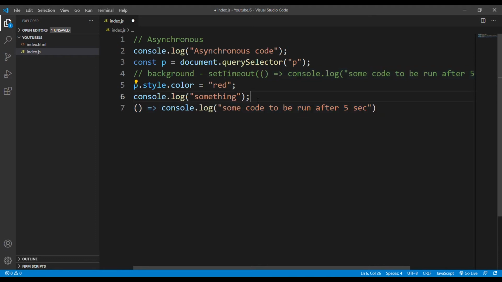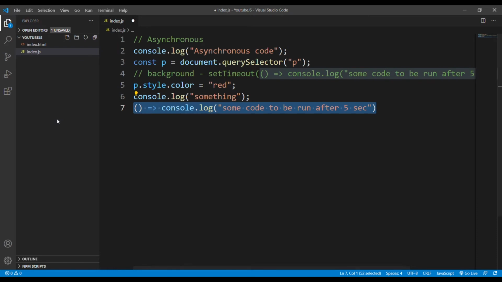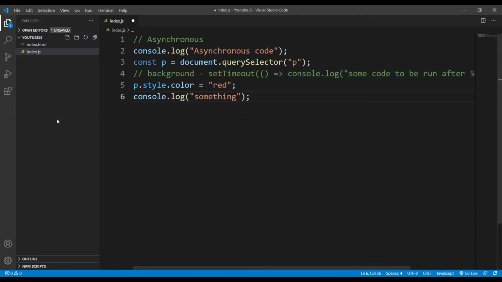Okay. So with the help of asynchronous code, our code is not blocked and we do not have to wait, as JavaScript is a single threaded language. So now the confusion comes, like being a single threaded language, how does asynchronous code work and how exactly does it work behind the scenes.